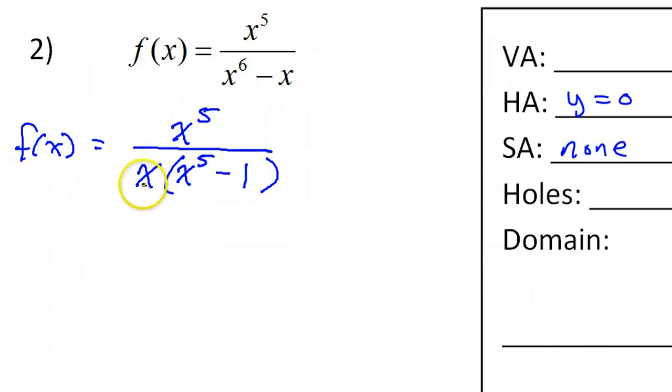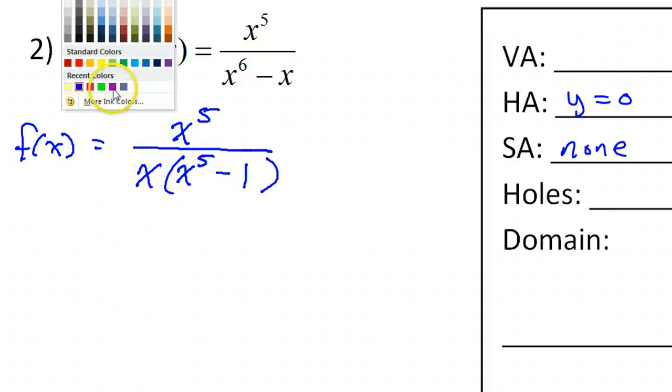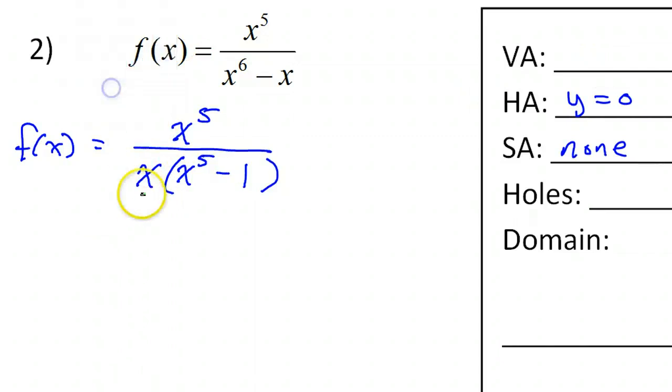Okay, so normally I would look at these two factors and set them equal to 0, and I'd be thinking I have two vertical asymptotes. Let me just follow through and do that. So normally I would go, hey, look, I have two factors. I'm going to set them both equal to 0. So if I set this equal to 0, that just gives me x equals 0. If I set this equal to 0,